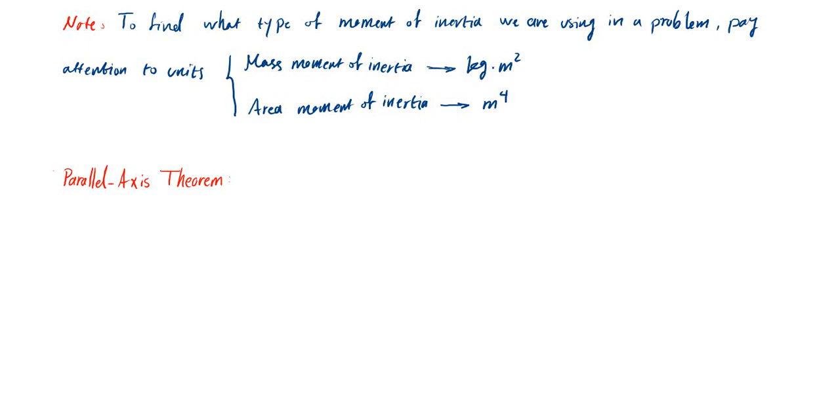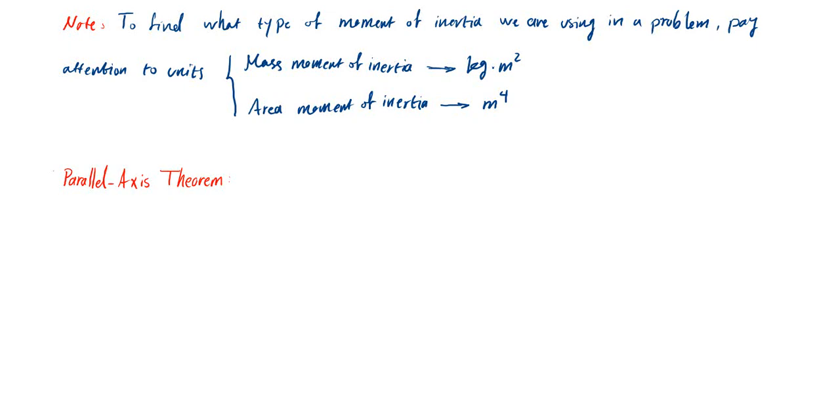Now, what this theorem does is help us determine the moment of inertia of a composite object or complicated rigid body, as long as we know the moment of inertia of the parts forming that composite object or complicated rigid body. The core of this theorem is the relationship we can form between the mass moment of inertia about a given axis that we know, and the mass moment of inertia about another axis parallel to the first axis